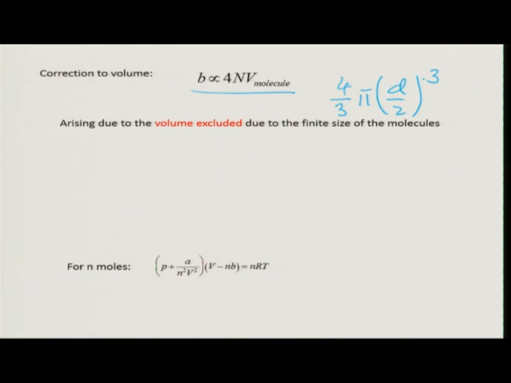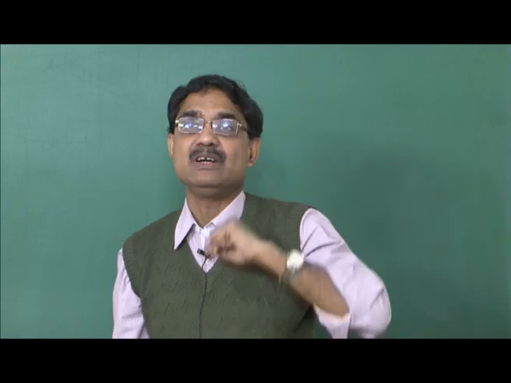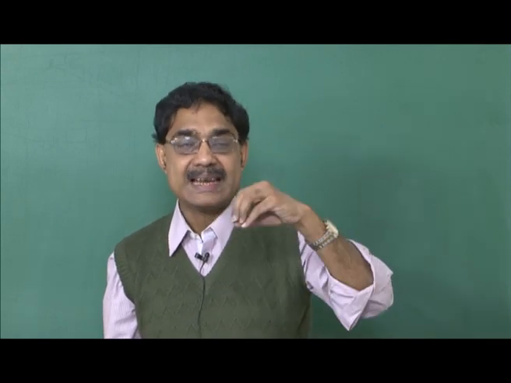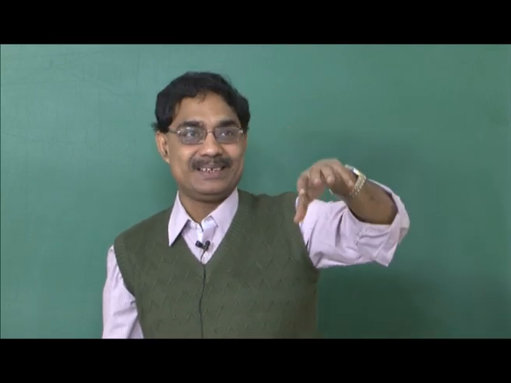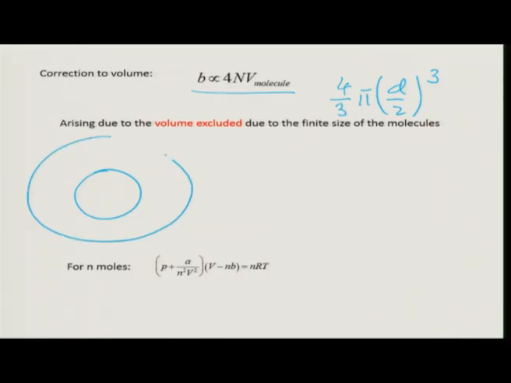What does B represent for us? B tells us if I take a molecule, the entire volume is not accessible to it. Each molecule has a volume which is excluded. I said if this is a molecule and I took 2 molecules, I can assume a spherical, concentric spherical volume which has radius d, which is excluded for the other molecules. Okay? So, the excluded volume correction is incorporated in this parameter B, and I have my van der Waals equation of state which is